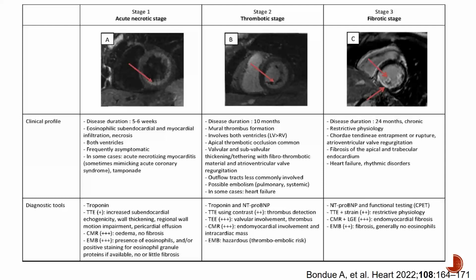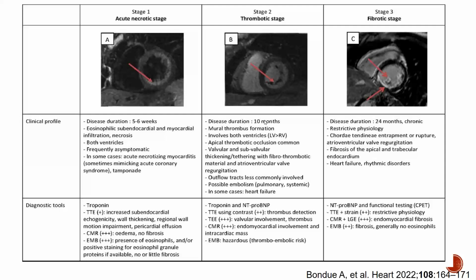The clues to this in transthoracic echo are increased subendocardial echogenicity, wall thickening, and regional wall motion abnormality with pericardial effusion. MRI will show edema, no fibrosis, and endomyocardial biopsy will show the presence of eosinophils with positive staining for eosinophil granule protein. The second stage, which I think our patient is in, is the thrombotic stage,